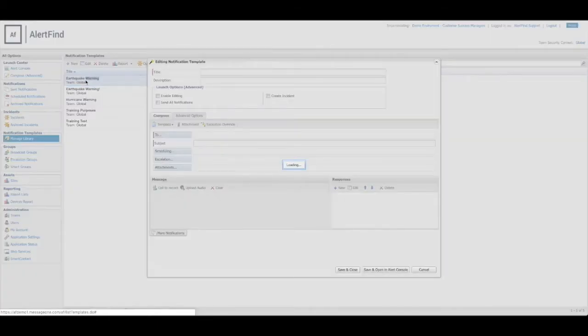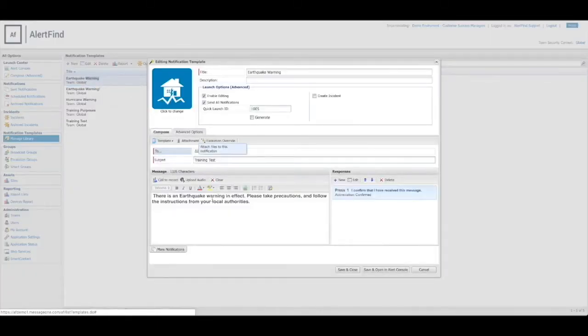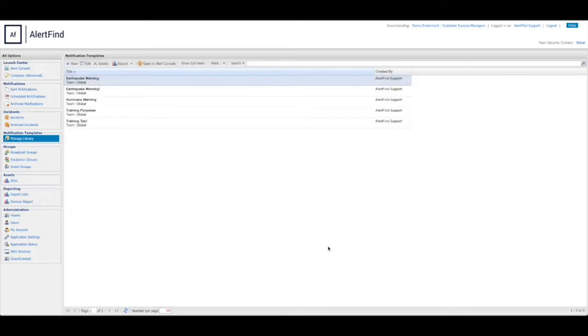Once you have made the modifications to the content, subject line, to field, or any other settings that you wish to update, then you will be able to click on Save and Close. And all of those edits would take effect on the template. As you can see,